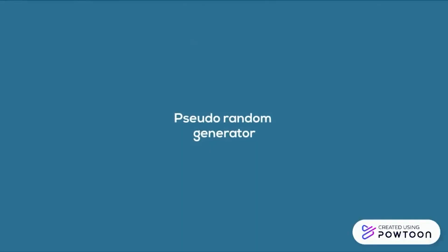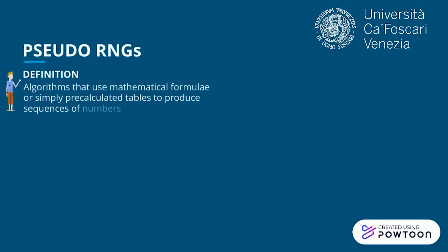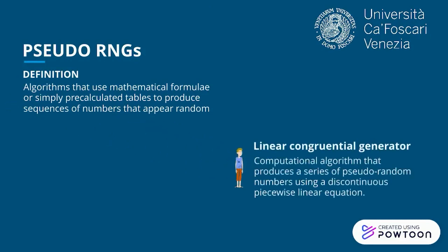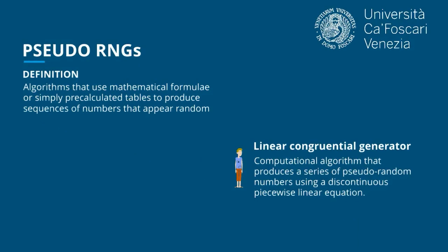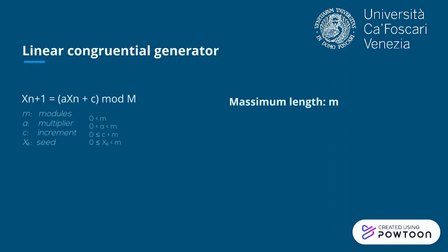Let's talk about a pseudo-random number generator, and in particular about the linear congruential generator. A PRNG is an algorithm that uses mathematical formulae, or simply pre-calculated tables, to produce sequences of numbers that appear random. An LCG produces a series of pseudo-random numbers using a discontinuous piecewise linear equation. This method is among the oldest and most widely recognized algorithms for generating pseudo-random numbers. The generator is defined by the recurrence relation. According to this, the maximum length of the sequence is m, but it is only possible if